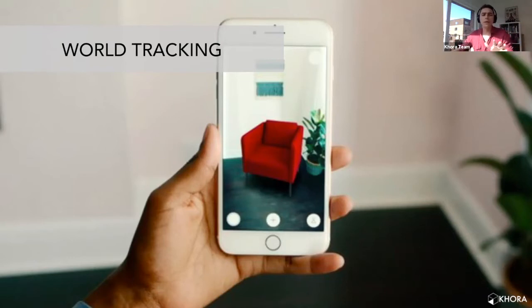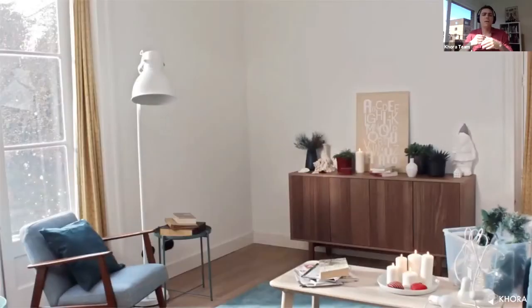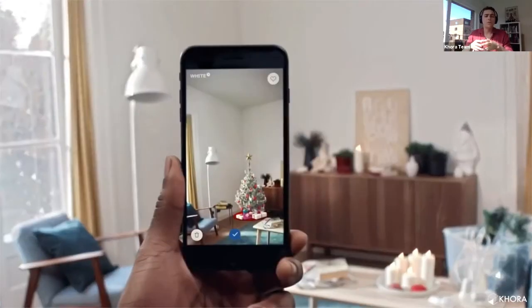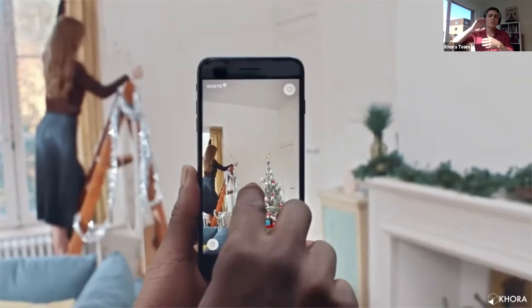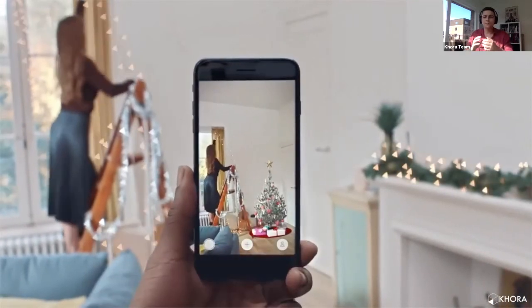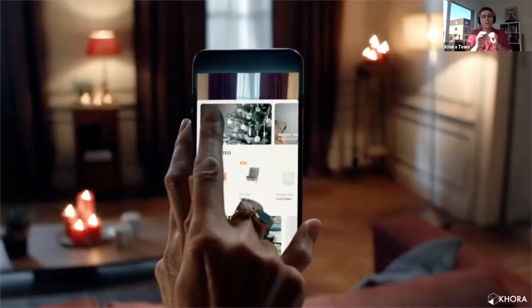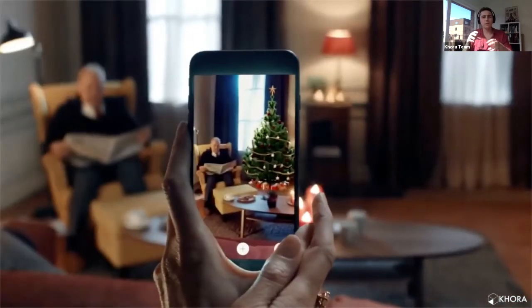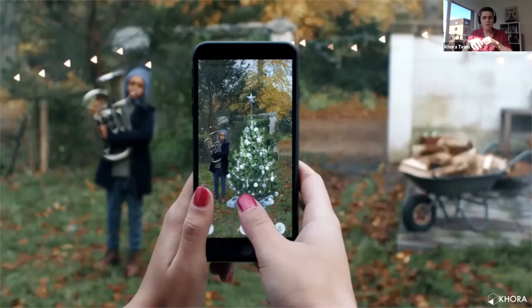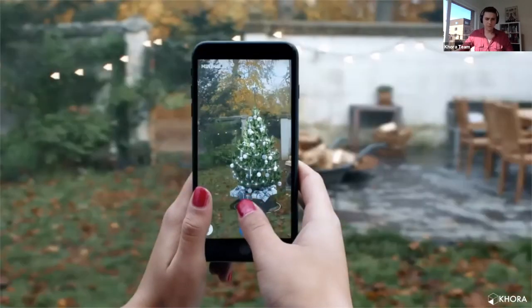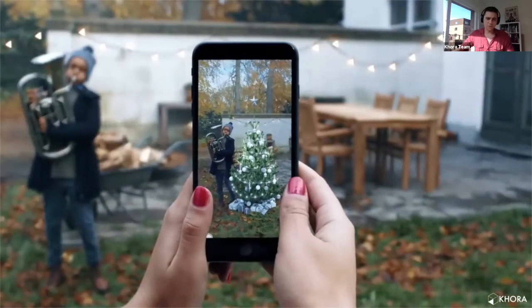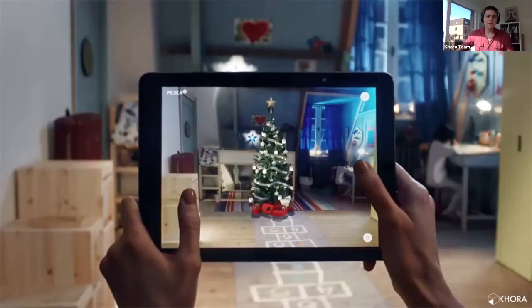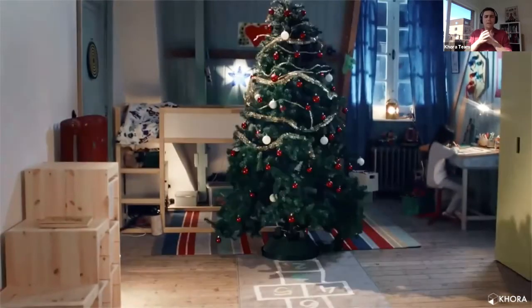A really good example of this is the Ikea Place app, that allows you to browse through the product catalog of Ikea, and then you're able to place the 3D models around. So you can see for product visualization, this can be quite strong, and it can allow you to see how different furniture will look like in real life. So the key aspect of this,